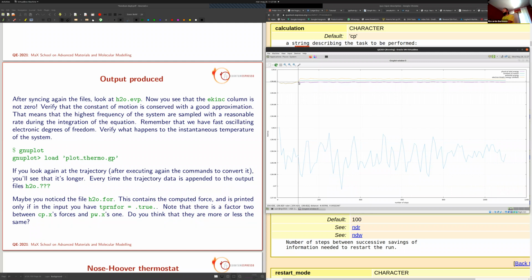Then at this point we switched off conjugate gradient. We did the restart file, and from this point on, we are now running the Car-Parrinello algorithm. So here I'm plotting